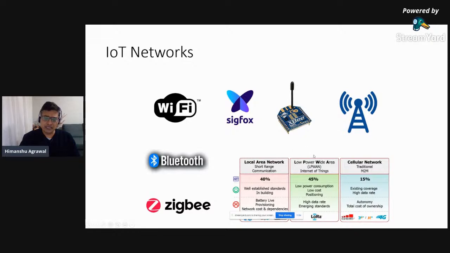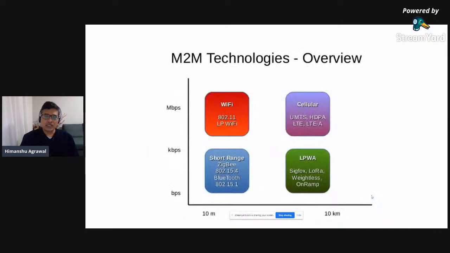If you see in the middle, we know about our short range wireless communication protocols. We also know about our cellular networking standards. Now this is a good slide if you want to see how these protocols are positioned in terms of the data rate and the range they cover, right?